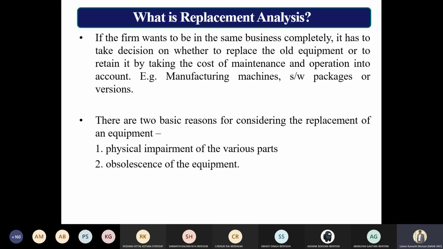Next is about obsolescence of the equipment. Now the equipment itself is not there in the market. Ambassador car, the manufacturing itself is not happening. So from where will you get the parts? They stopped it actually. But on a limited run, there is a possibility they can make those parts available. But if the company is totally shut down, then it becomes very difficult. But there are outside manufacturers who can make a duplicate part and give it to you. But it all matters with the reliability, how reliable the part is.